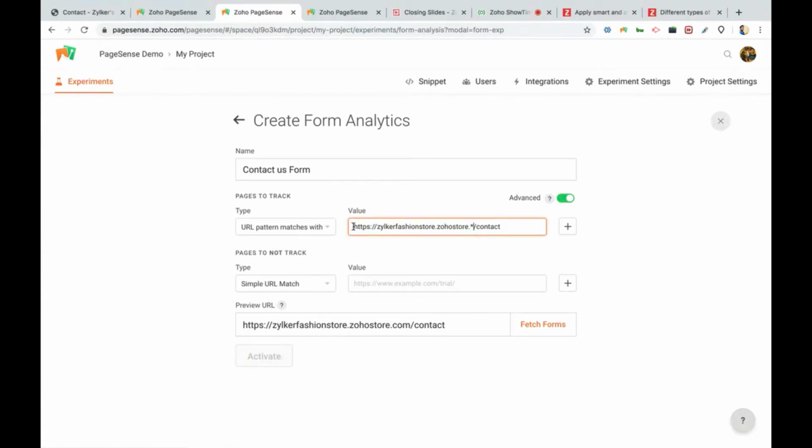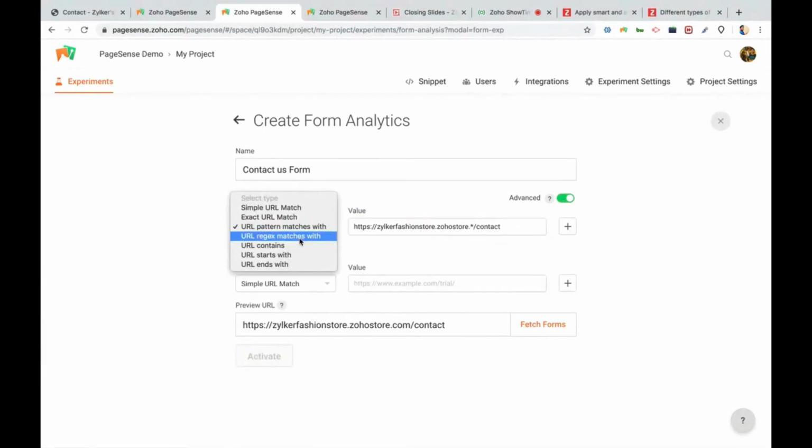Whatever URL is there in my address bar, the star will replace whatever is going to change. Whether it's going to be com, IN or EU, it is going to replace that and match the other input keys in the URL.